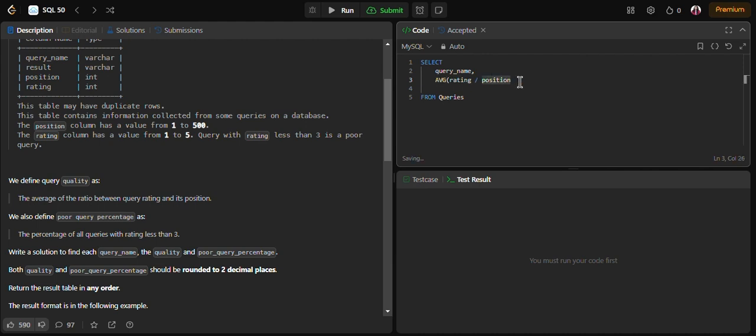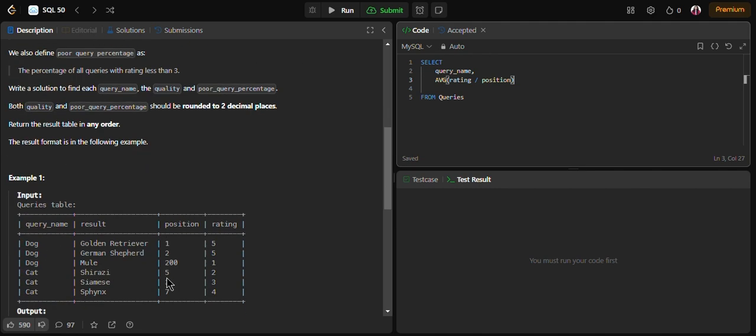Also we want these to be rounded to 2 decimal places, so I'll round this complete value to 2 decimal places and give the alias as quality.